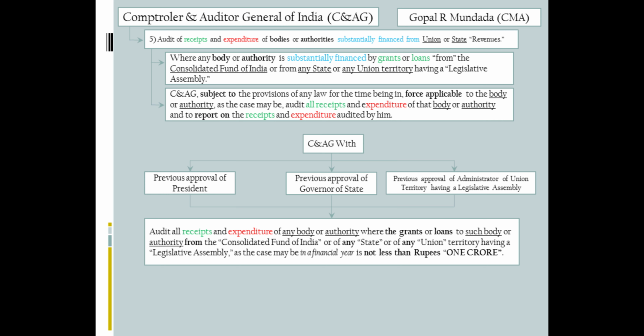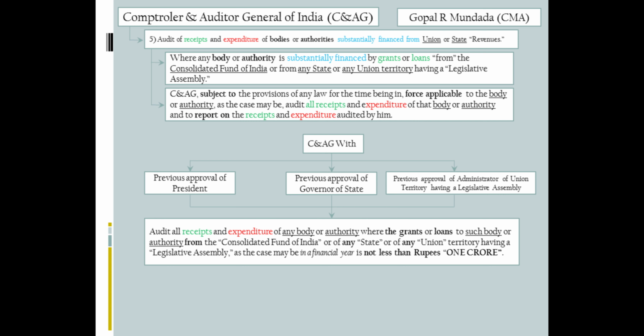So guys, the C&AG, with the previous approval of the president, the governor of the state, or the administrator of the union territory having a legislative assembly, audits all receipts and expenditure of any body or authority where the grant or loan to such body or authority from the Consolidated Fund of India or any state or any union territory having a legislative assembly, as the case may be, in a financial year is